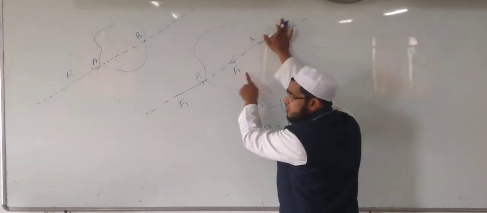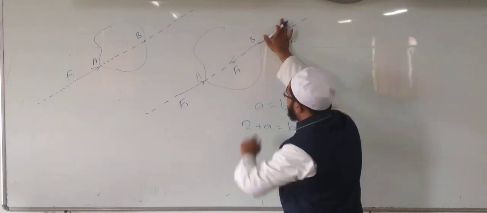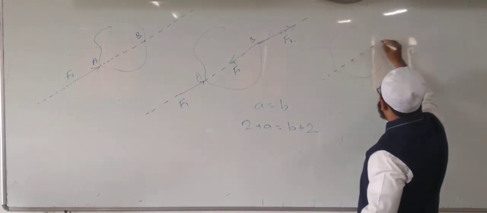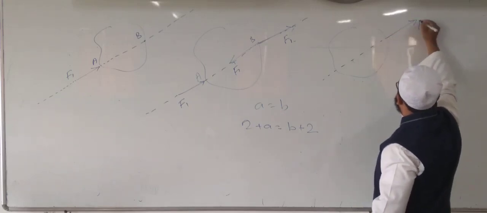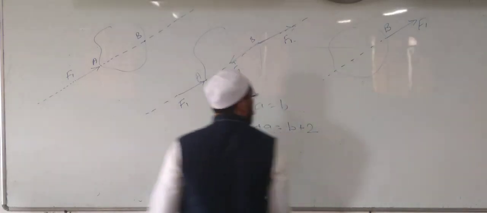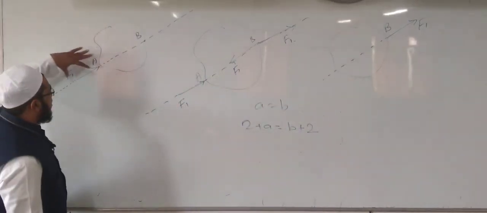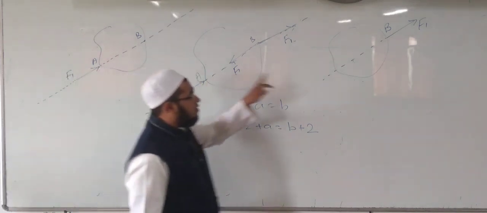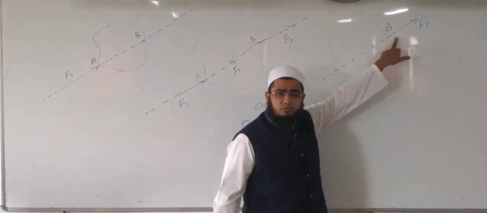Both are cancelling each other. That's why in the third figure the effect is that force F1 will be shown at point B. You can see that the force F1 which is acting at point A is now transferred to B without changing